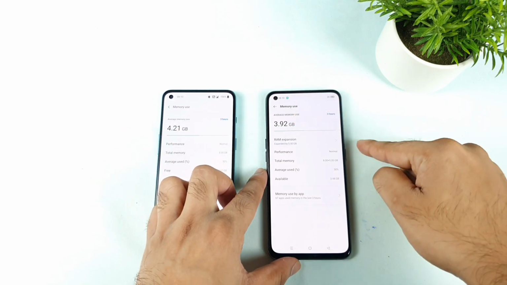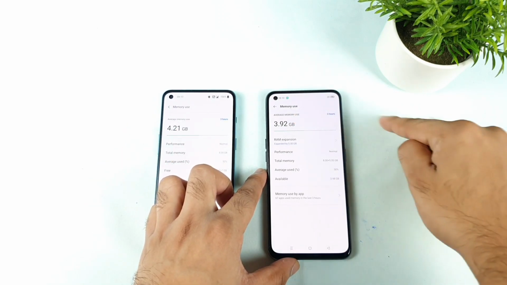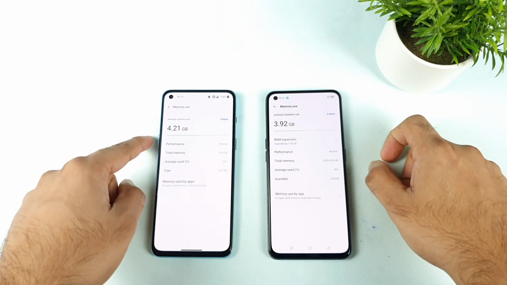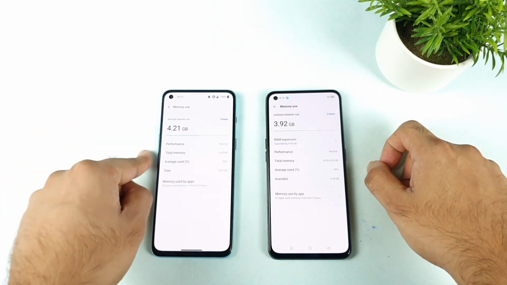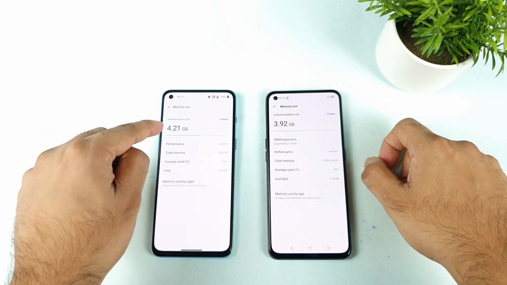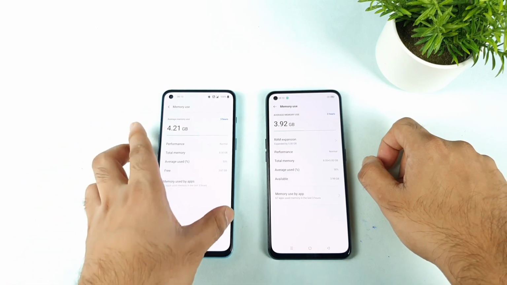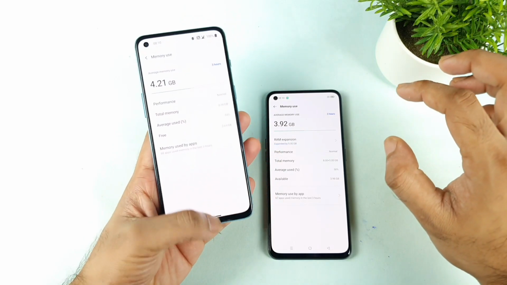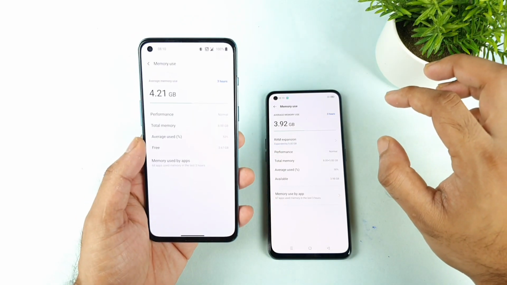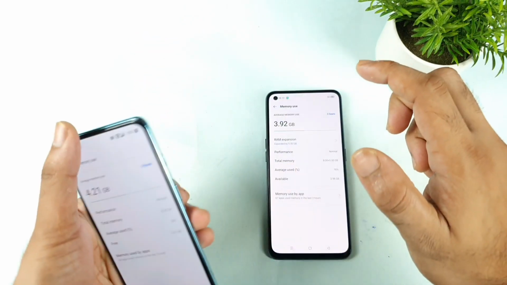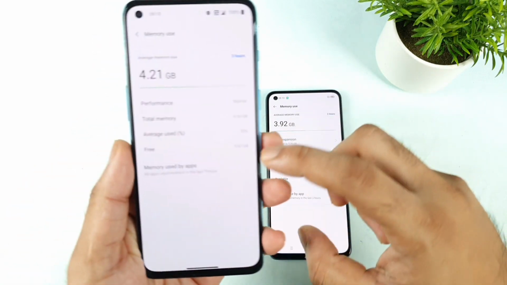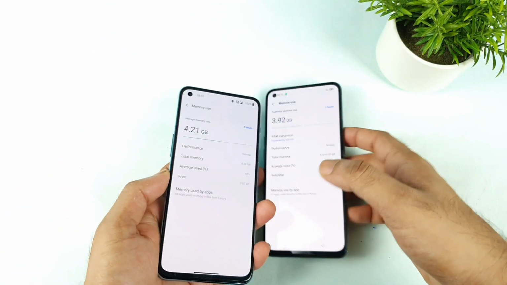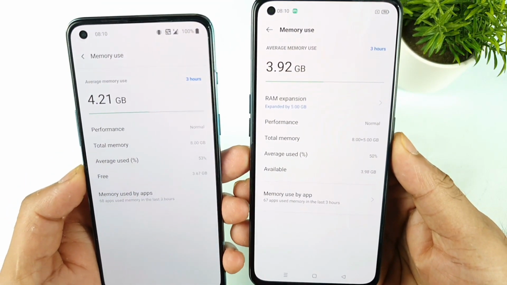Before, the Realme X1 Max had 3.97 and the OnePlus Nord had 4.57 GB, but now it decreased to 4.21 GB used, without using any background applications, just the phone. Availability of the total RAM is close to 3.67 GB and 3.98 GB in the Realme X1 Max.